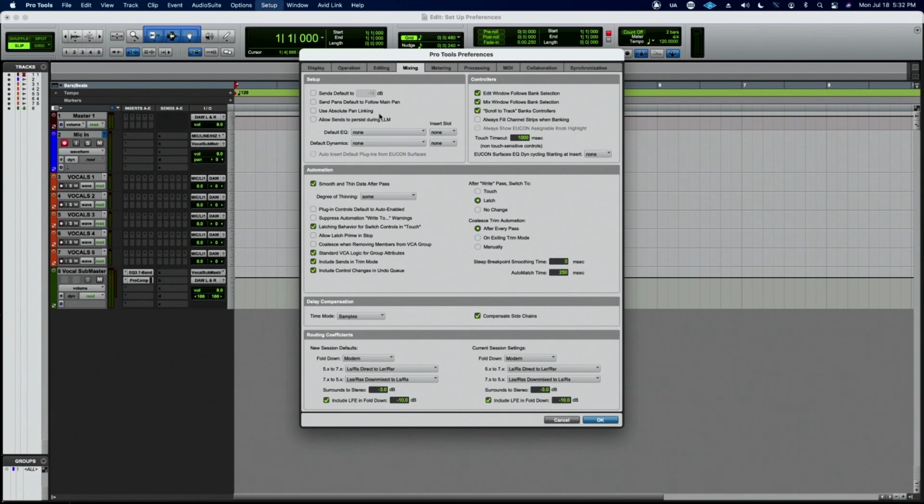Allow sends to persist during LLM, which is low latency monitoring, in case we care. This will allow your plugins and your sends to continue even though you work in low latency mode. Low latency mode is supposed to turn off all your plugins. That's how it creates low latency. So if you have this turned on, you might not be creating the low latency mode that you think you're